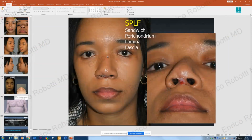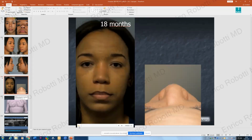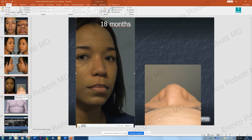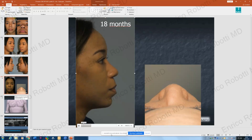For instance, this is an extrusion done somewhere with cadaver rib, which was coming out. And in those cases, I will just wash it with pressure lavage, and I will go ahead to direct substitution with an SPLF graft. In this case, it was an SPLF graft. So